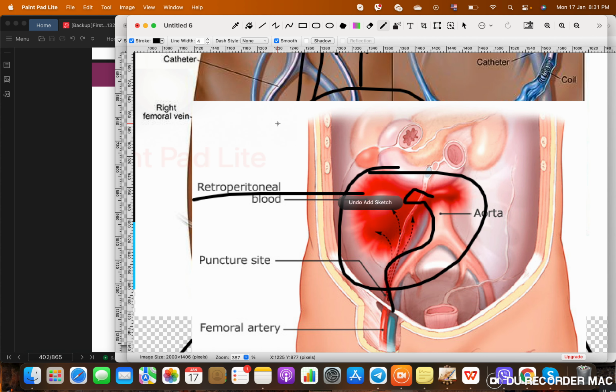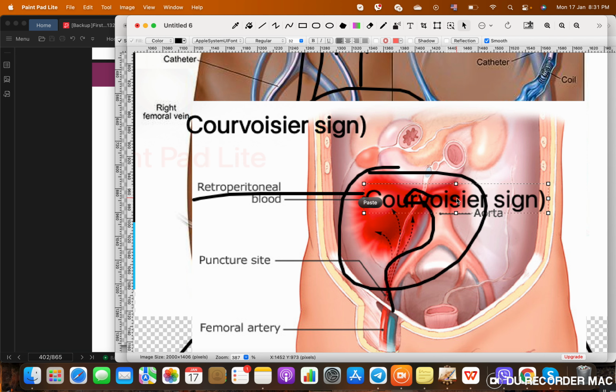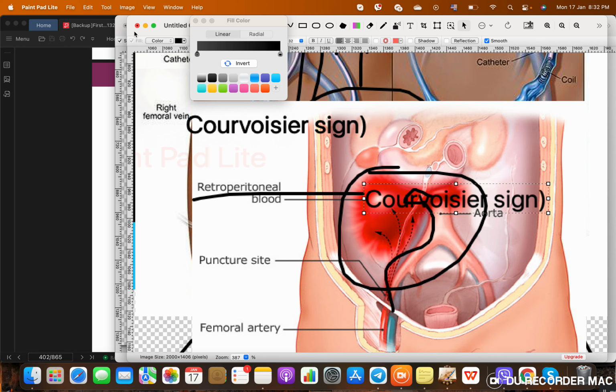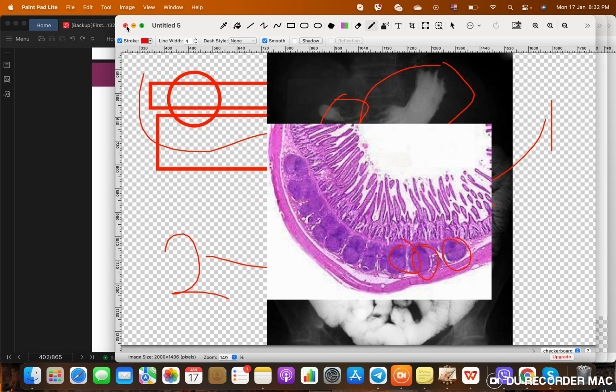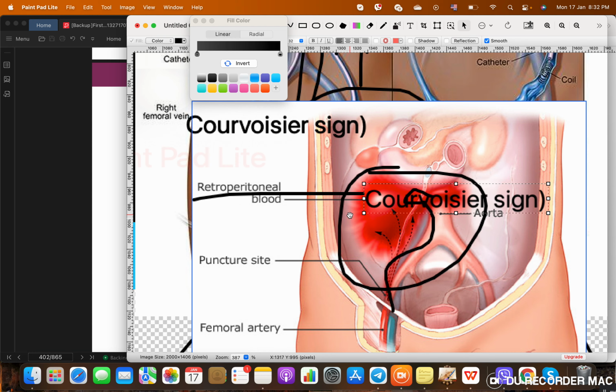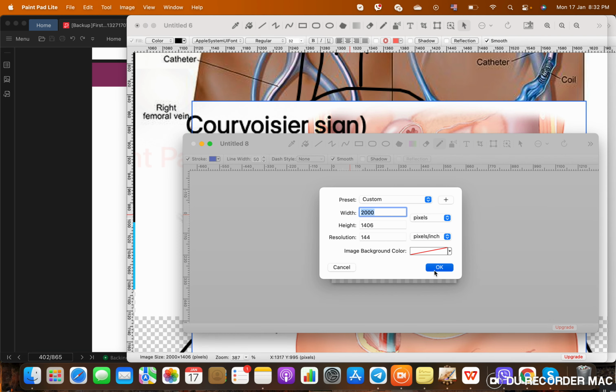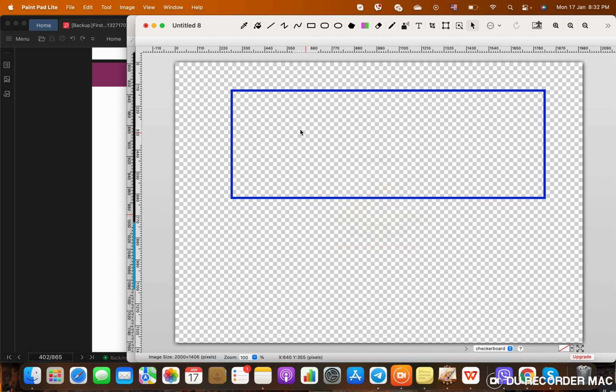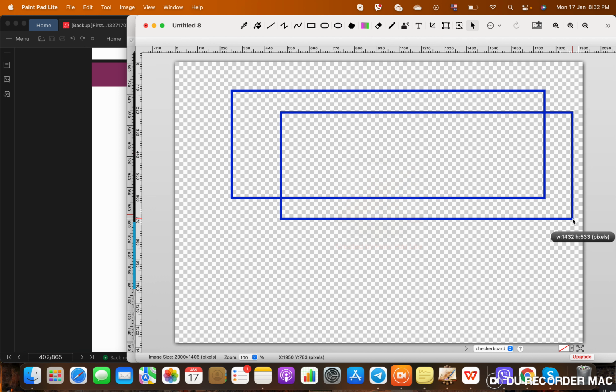Oops. Ah, damn it. Well, let me redo that. It just mistakenly got deleted. Okay, really quick. Posterior wall, anterior wall. Okay, so